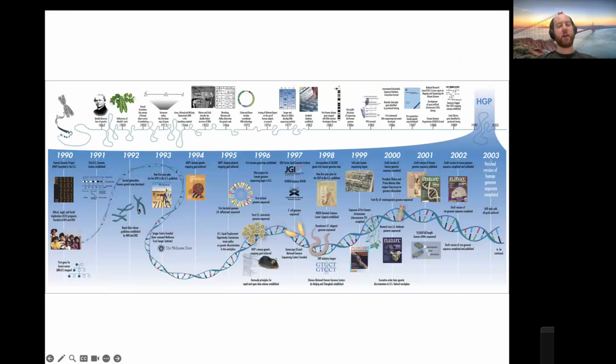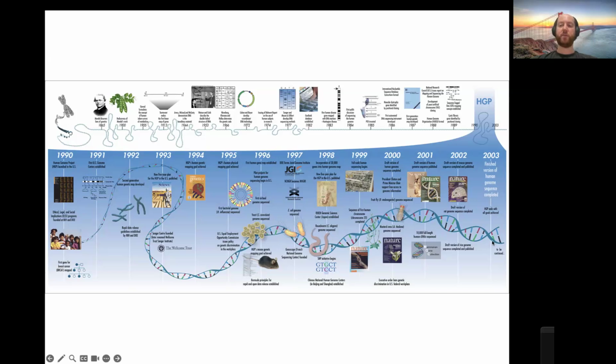And here's a diagram showing a sort of brief history of genetics. And as you can see, a lot of the Human Genome Project happened between 1990 and 2003. And so there's a lot of progress. The mouse genome was also analyzed around the same time. And so people started asking questions when the human genome was completed. So we have a genome now, and there's a lot of hype, the people saying, when we have the human genome, we'll be able to understand human disease, we'll be able to understand human evolution.